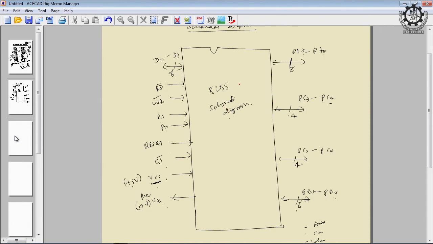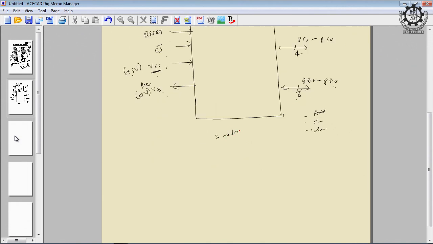So, again I am summarizing about 8255. This 8255 PPI, programmable peripheral interface, is used for implementing the ports, and it supports 3 modes, mode 0, mode 1, mode 2, and it supports 2 groups, group A and group B, and it supports 3 ports, PA0 to 7, PB0 to 7 and PC0 to 7. So, these are the minimum necessity to program the control word or to identify every bit field of the control word. Now, we shall see how 8255 can be programmed using the corresponding control word.